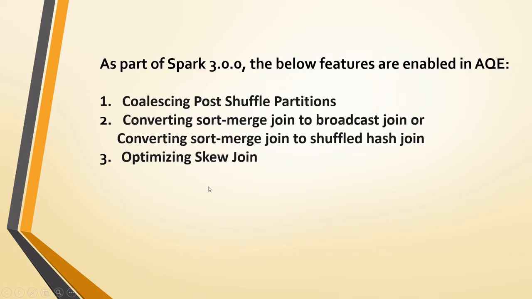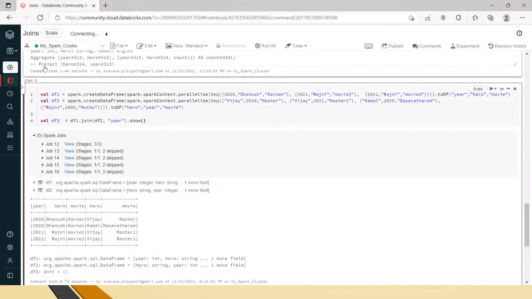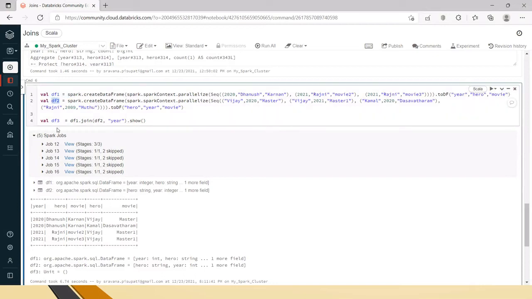So now this is about the theory of AQE for answering in interviews. Now we will see the difference, what exactly will happen. Let's say I have a data frame, and a second data frame. Now I am joining the first one and second one by passing one key. Now when I run this query,